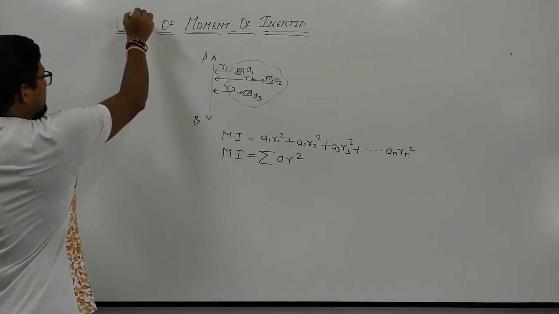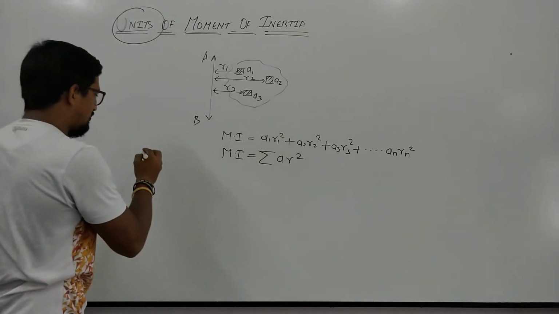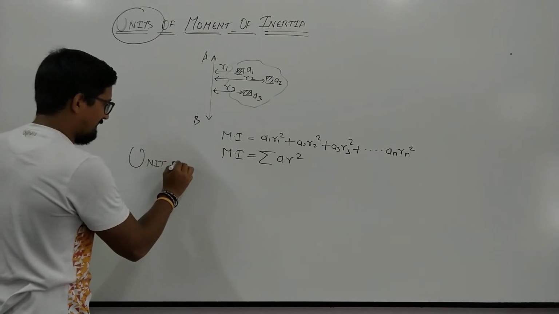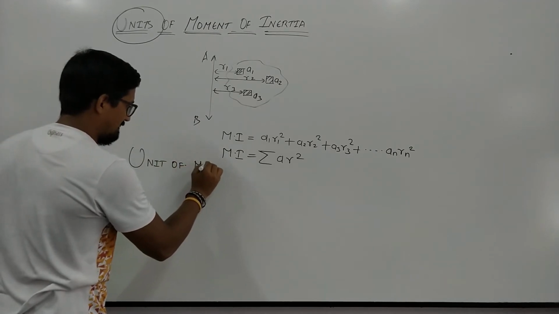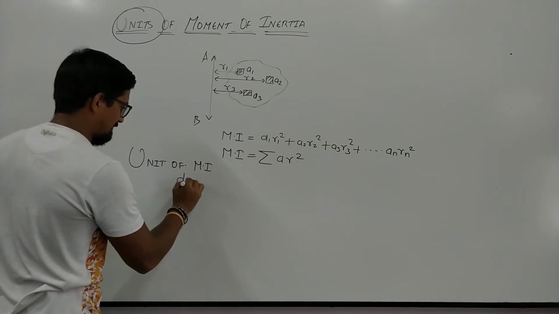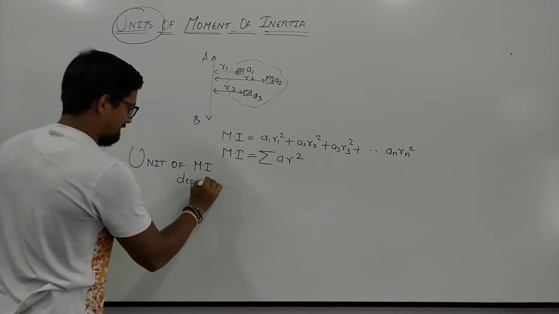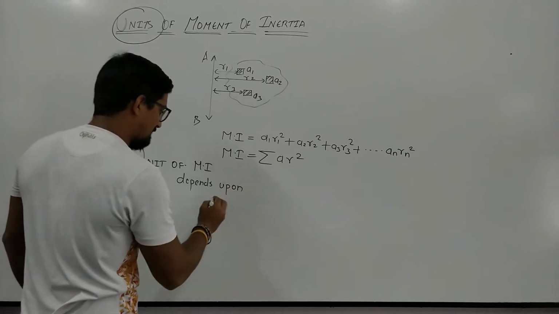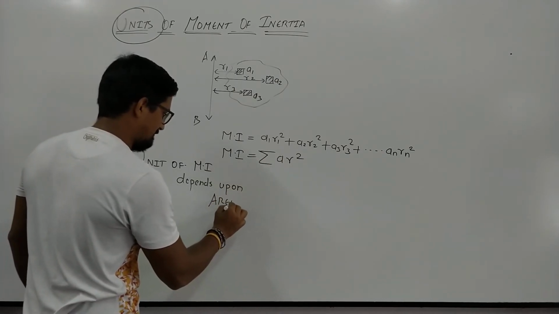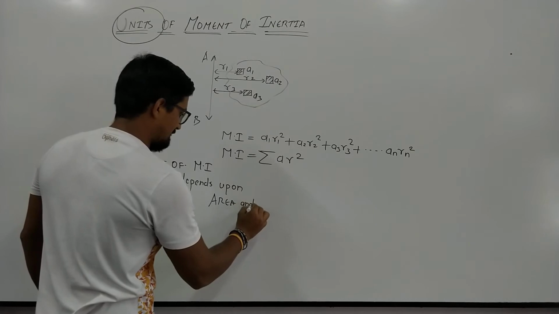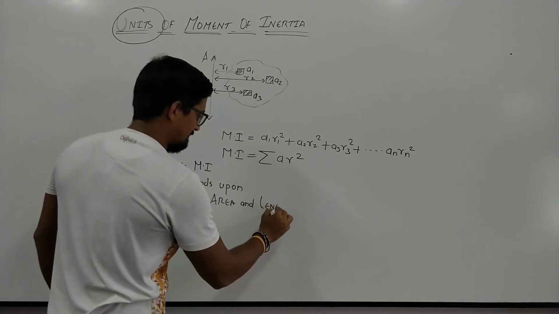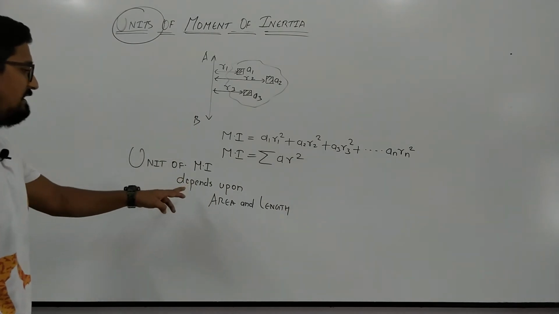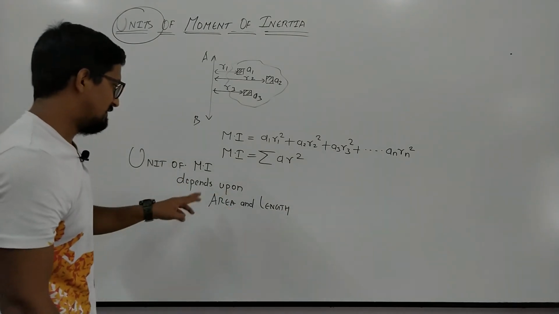Now coming to the units. The unit of MI depends upon area and length. This is clear from the formula of moment of inertia: the unit of moment of inertia depends upon area and length. So